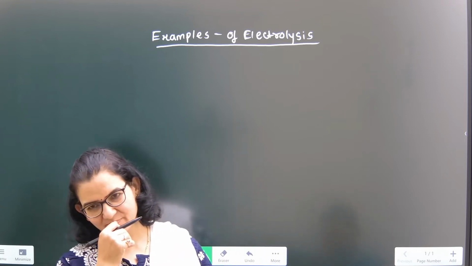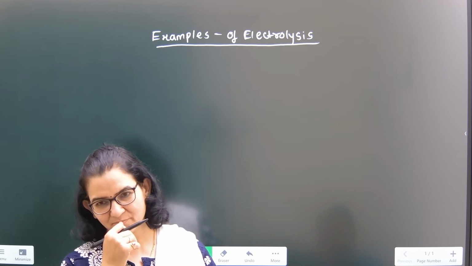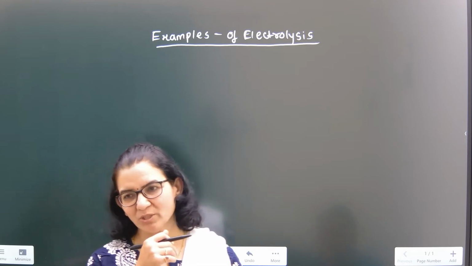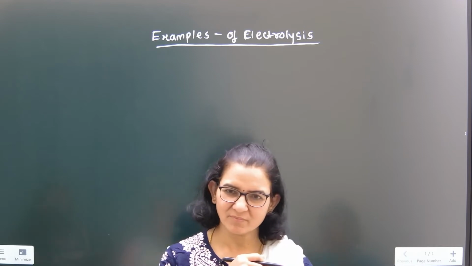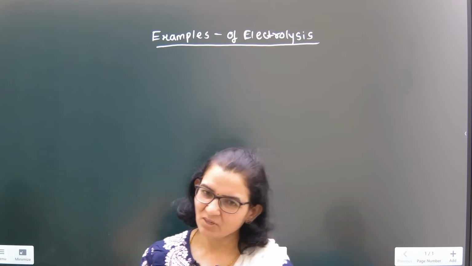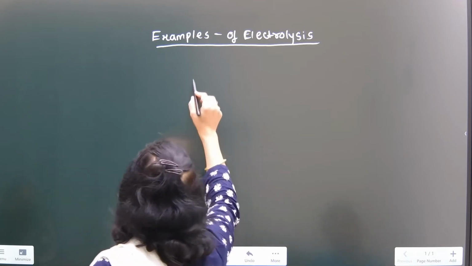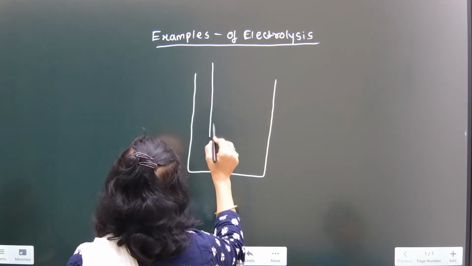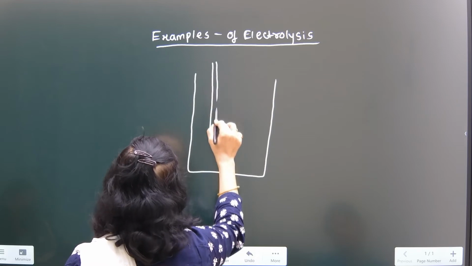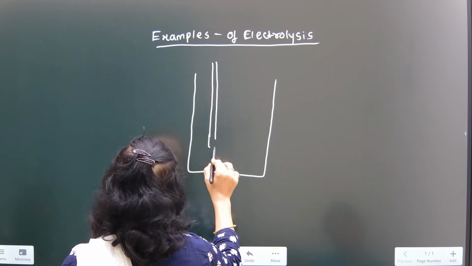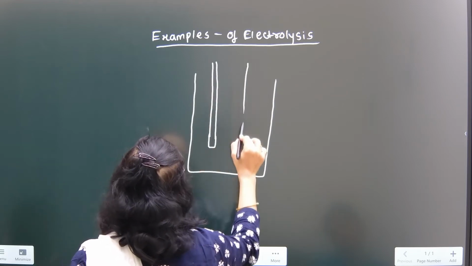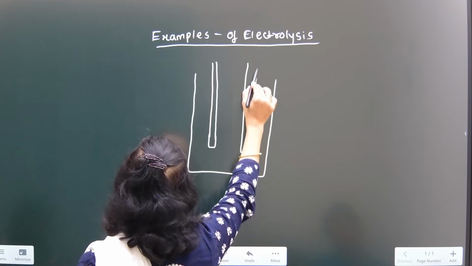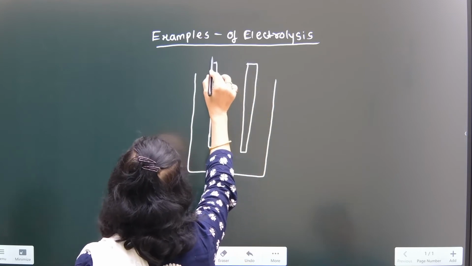Oxidation at anode and reduction. Oxidation is what? Oxidation is loss of electrons. And reduction is what? Gain of electrons. So oxidation takes place at which electrode? Oxidation is loss of electrons. Yes, so loss of electrons means